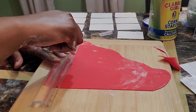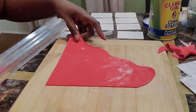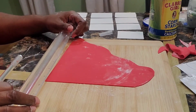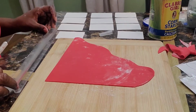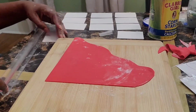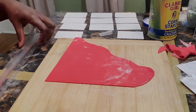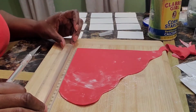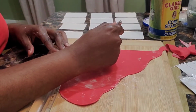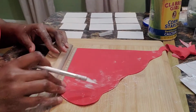And what I just did was I measured my rectangles using the centimeter side because it's easier to calculate how small you want the colored fondant. Now I cannot remember, like I said, the exact measurements. It will really be up to you on how big or small you want your Uno cards. Just make sure when you cut out your colored fondant, it's just a little smaller